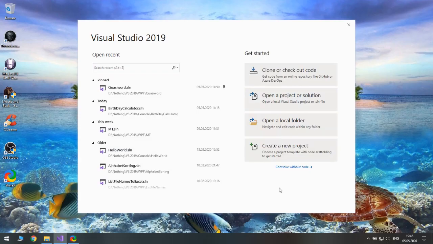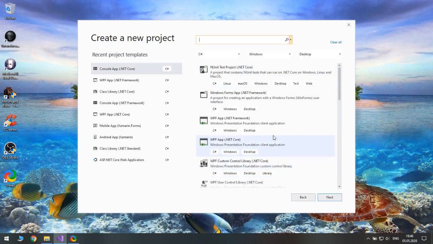And welcome. In this tutorial, we will learn C# by creating a simple game for kids. You will also learn how to migrate from Windows Forms to WPF, and you will learn WPF, but a bit later. In this tutorial, we will just create a single Windows Forms project. So let's create a new project.